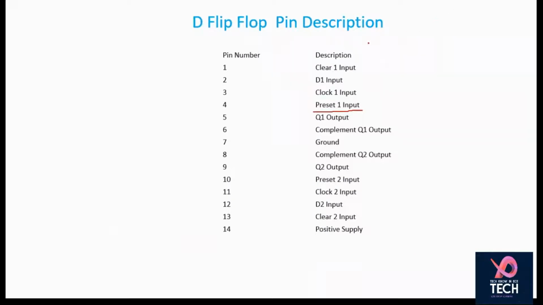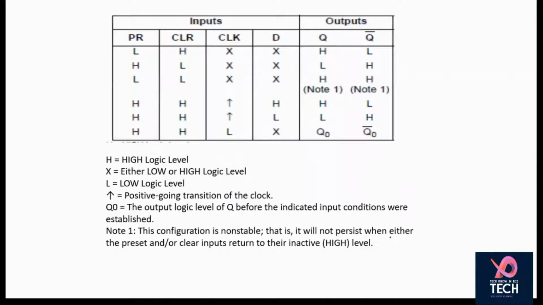So this is your pin description for a particular IC. Yeah, this is the chart which I am talking about, and this is a very useful chart. The utility of this chart is that it tells you what status of each pin you have to keep so that your device will work. Suppose you kept preset low, your clear is high, and you have not applied any clock, then in that case it does not matter what you are providing on the output.